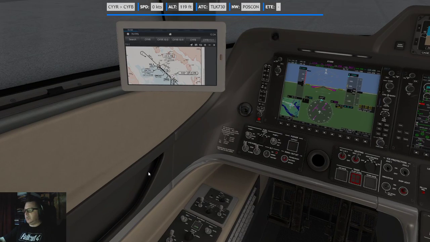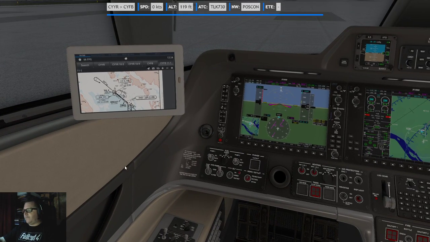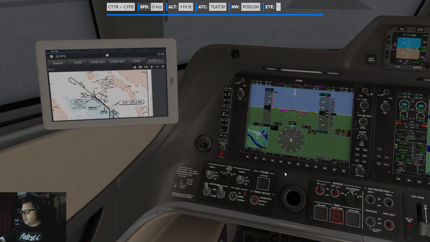All right, so next is transponder. Let's put standby. Let's go code. And let's go on the POSCON web UI. I need to log in to Charlie Zulu Quebec X-Ray.